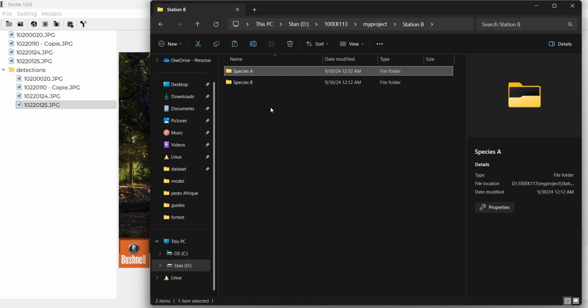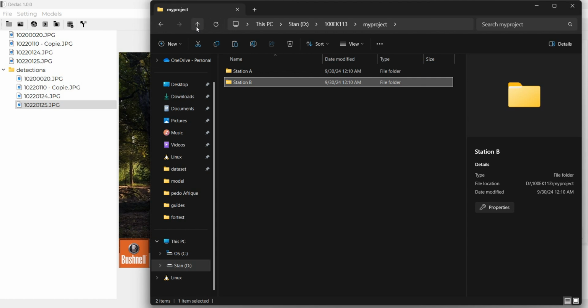So when we finish this, we can use the class on this project. The advantage of organizing this project like this is that the class will run on this structure to construct for you a dataset or database where you have the station and the species name.